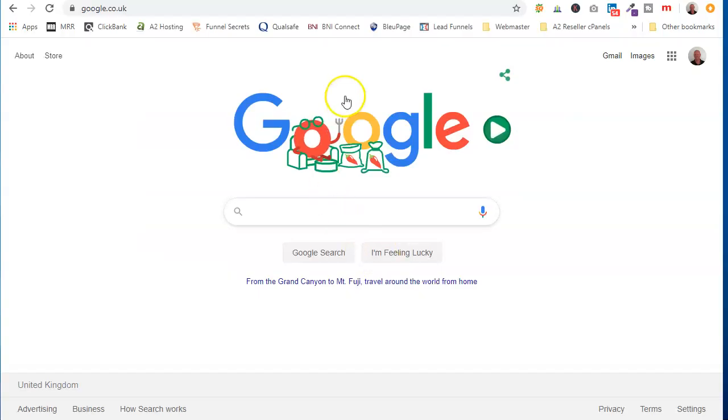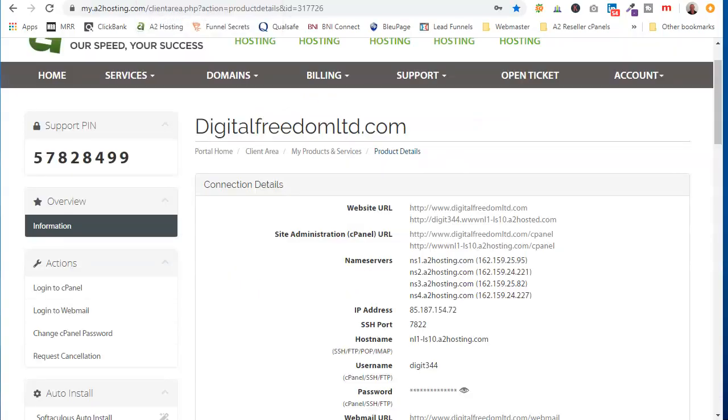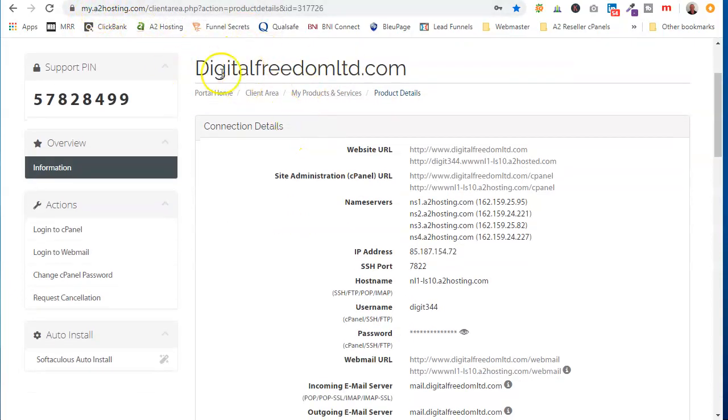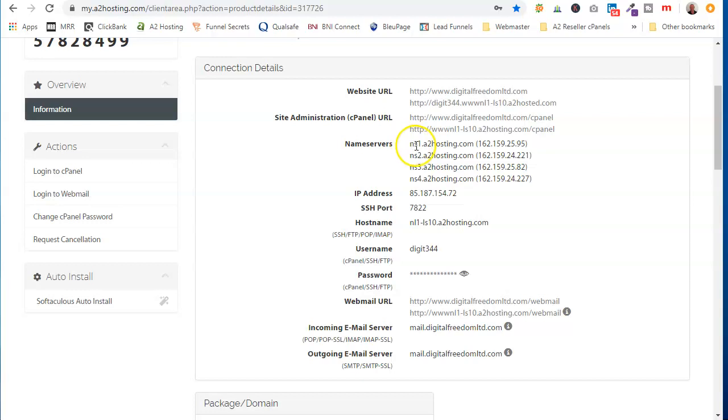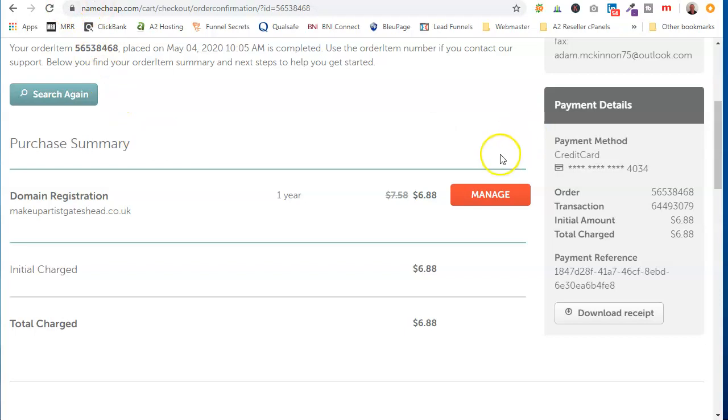Okay, so what I've got open now, this is in my A2 Hosting account. That's my overall one. That's not the business that I'm working on now. And you have what's called here your name servers. Okay, so what you'll do is you're going to take this information, come across to your Namecheap account where you've